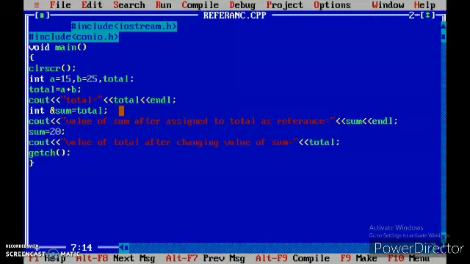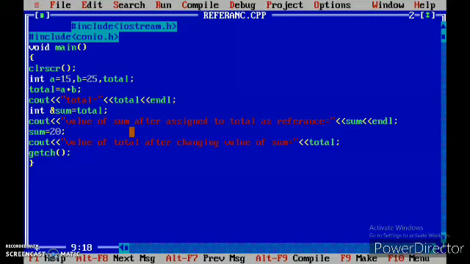After that we have written one line that says int &sum = total. That means here sum is an alias name for the variable total. Now whenever we try to display either of these variables' values, it will display the same for both.